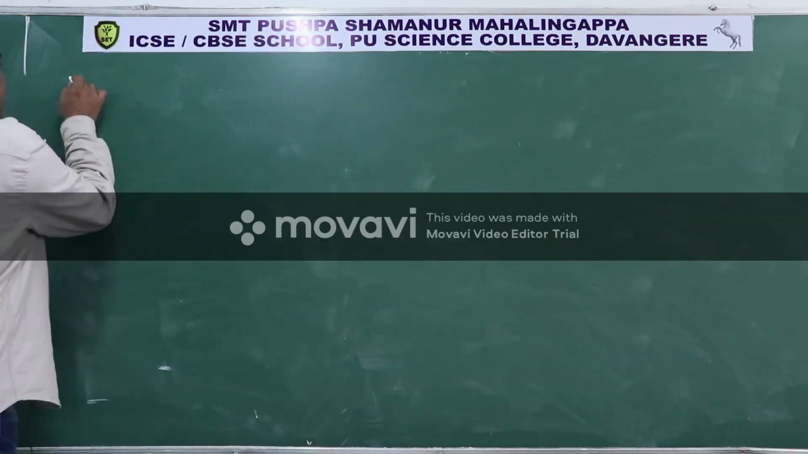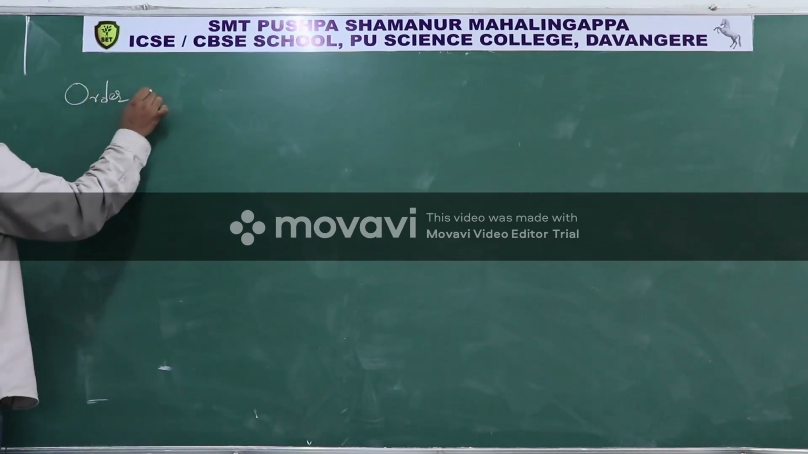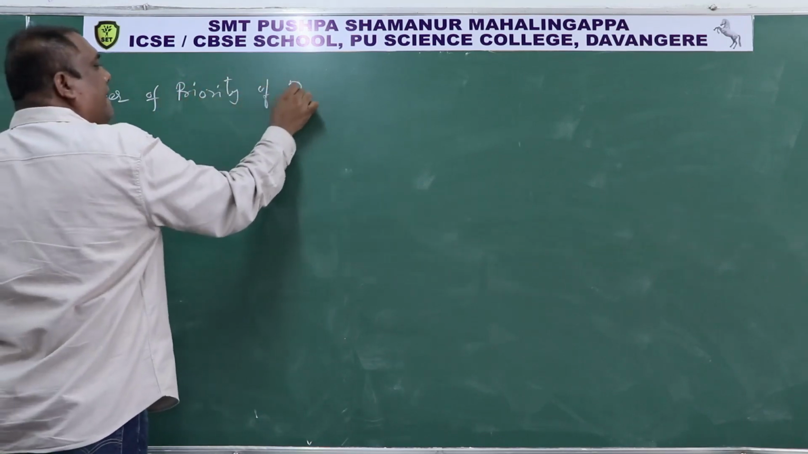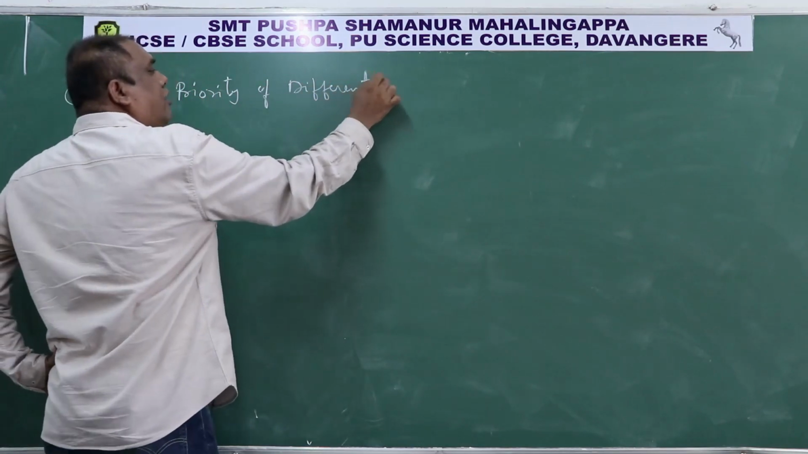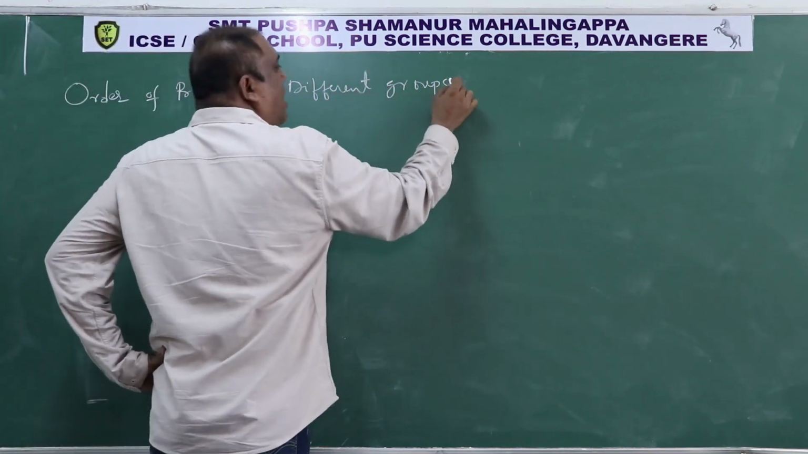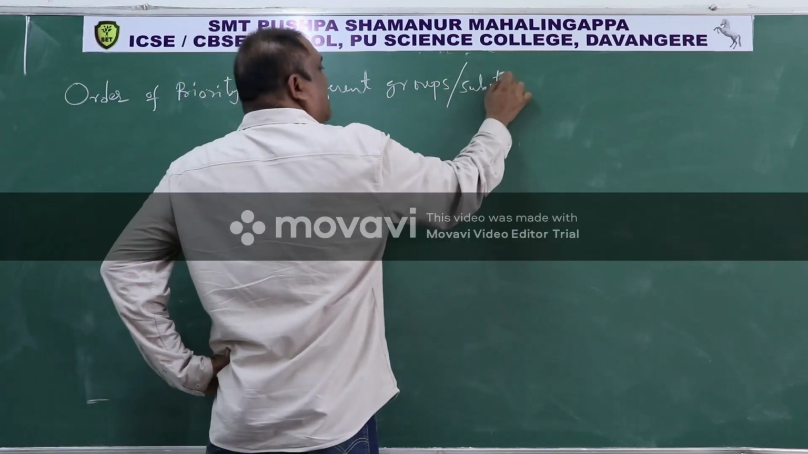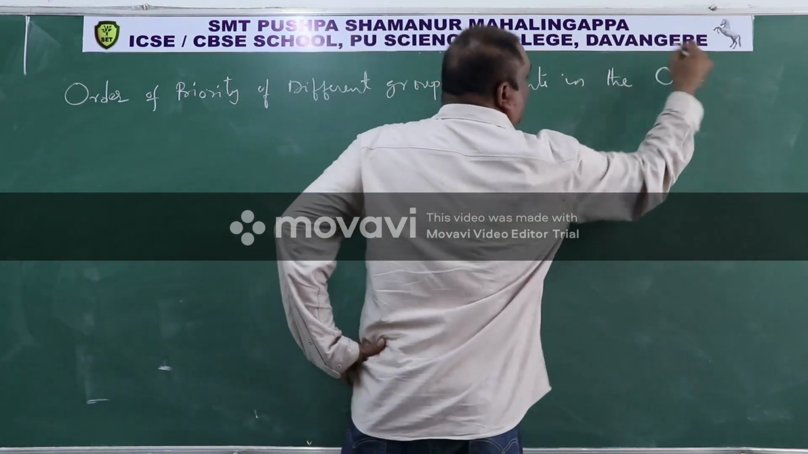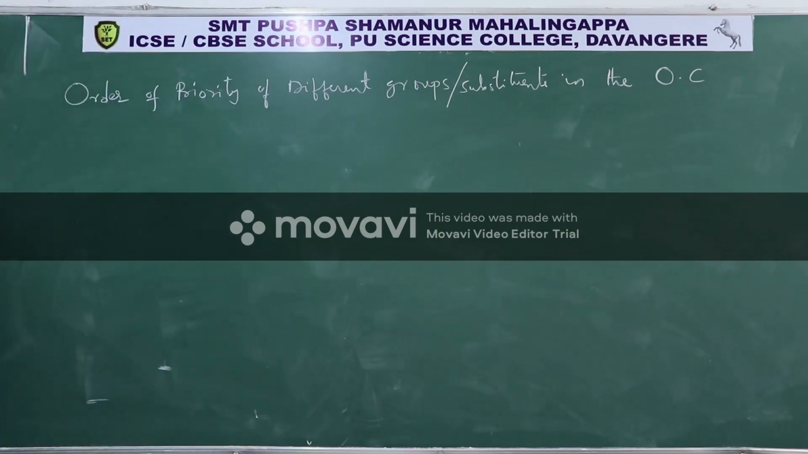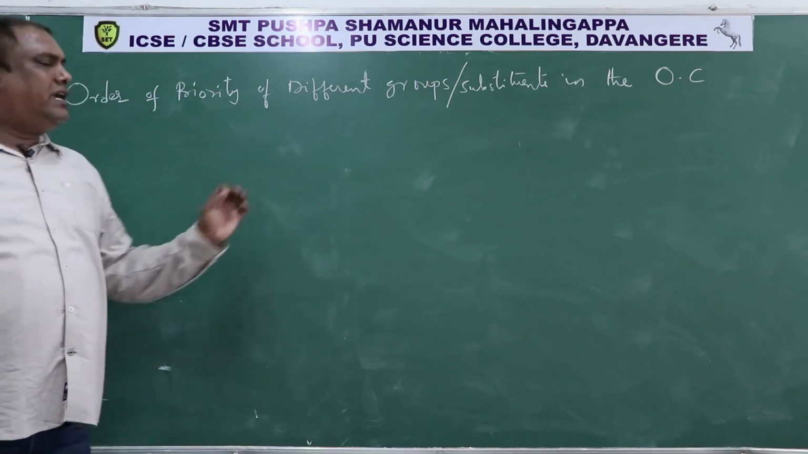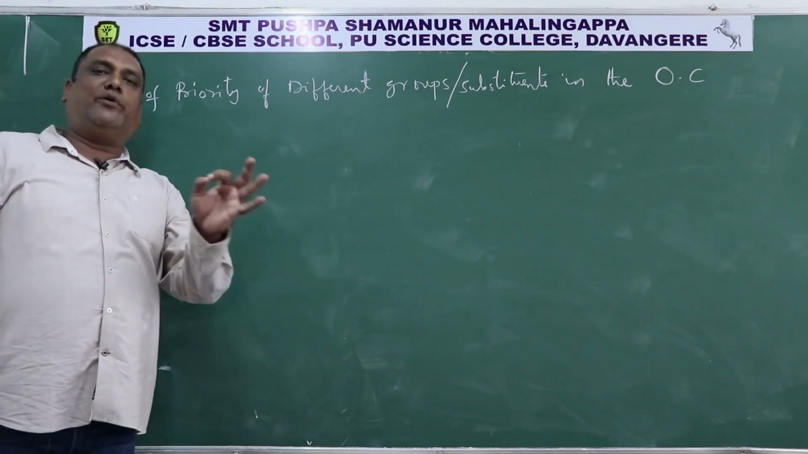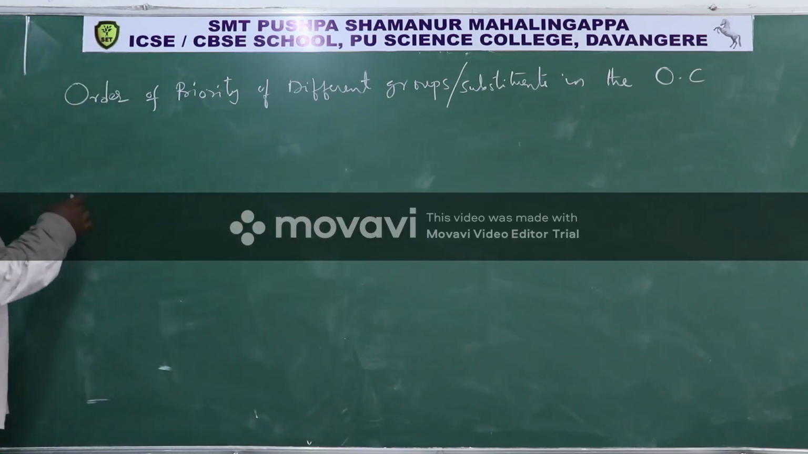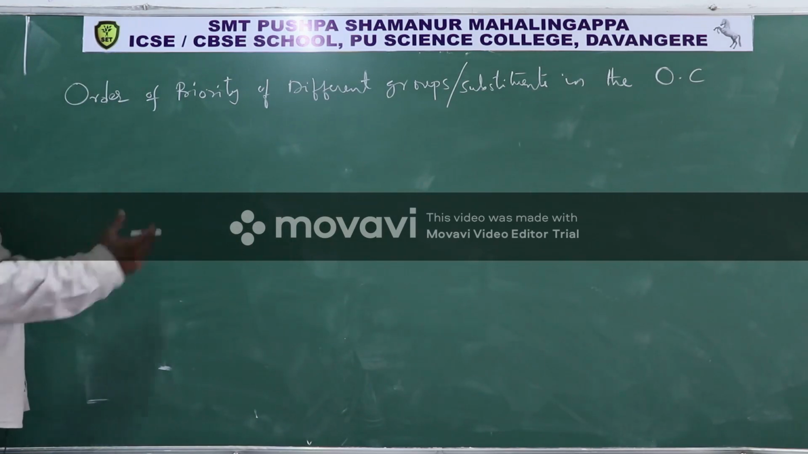So that is the order of priority of different groups or substituents in the organic compound. Already I was telling some order, but as per the latest 2020 IUPAC rules, the order of priority is a little bit modified or changed. It is like this: